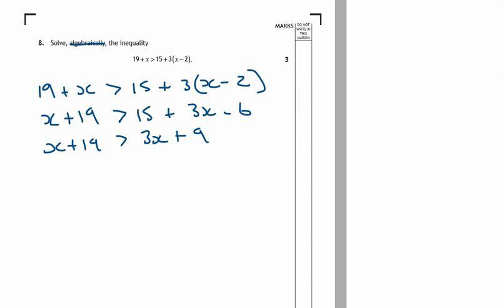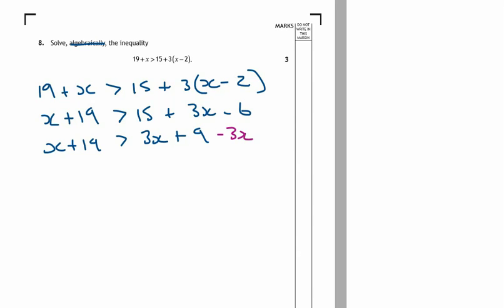Okay. And now I'll put my x's to the left and numbers to the right. You could do it either way, but that's just how I like to go. I like x on the left. Okay. So I need to take away 3x, don't I? Now again, different ways of thinking about this, and each time I do it, I try and explain several different ways. The way I like to think on it is I'm balancing out this equation. So if I've got 3x here and I want to get rid of it, I need to take away 3x,